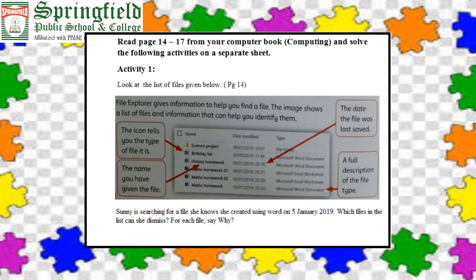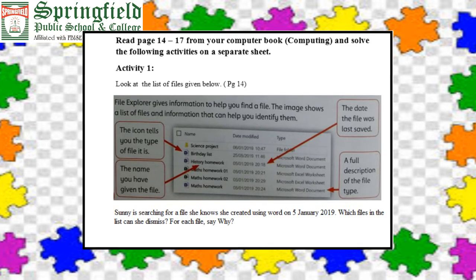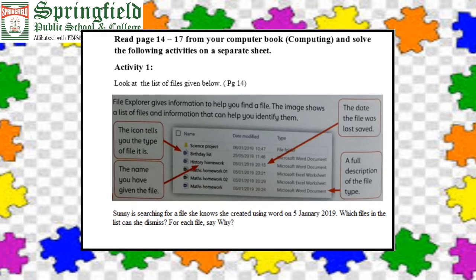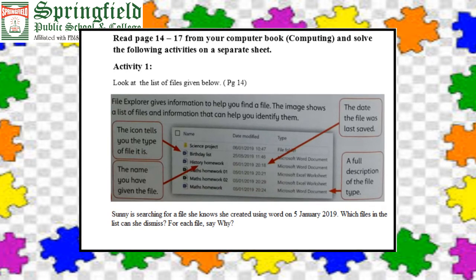Now your activity number 2 is how to use and store your files. Make a list of the rules that help you when you are sharing files. Briefly explain them. Now we have studied how we can make a file, how we can make a folder, how we save our file in a folder, and how we give a unique name to them. Now we have to tell how we can share our data with others. How to save a file, how to copy.